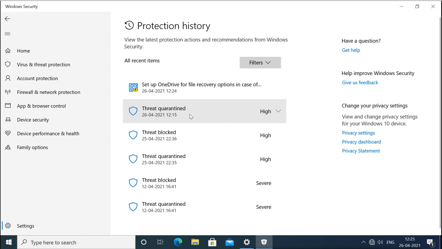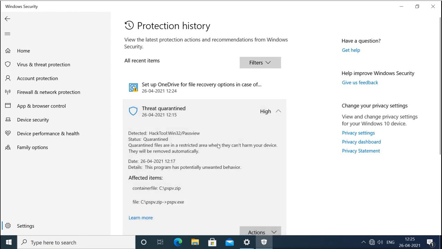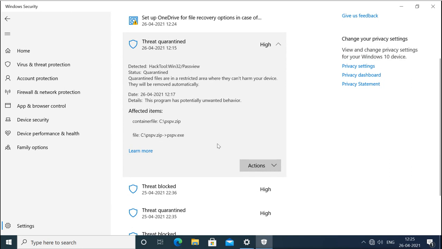Then threat quarantine is high. These are the quarantine and affected options. There are some malicious applications which are quarantined. That means they are held in the quarantine zone, so they cannot cause harm anymore.